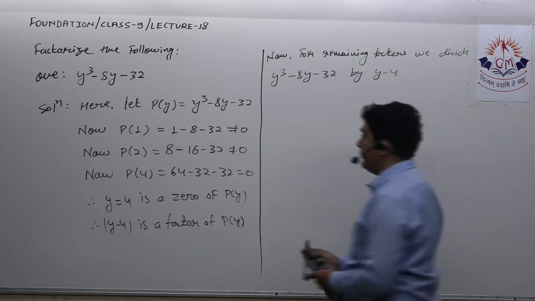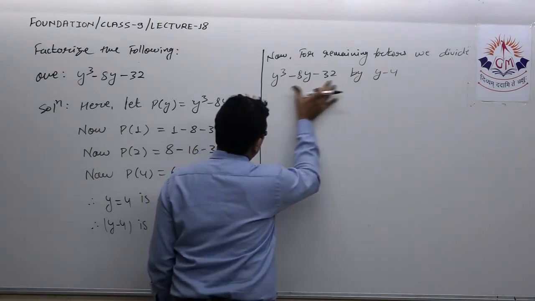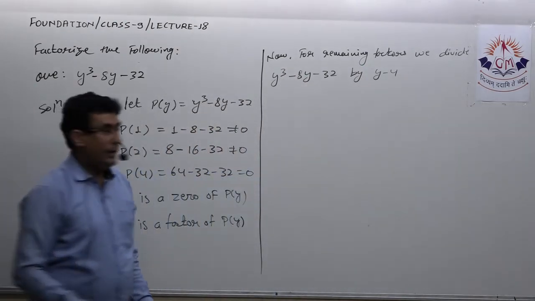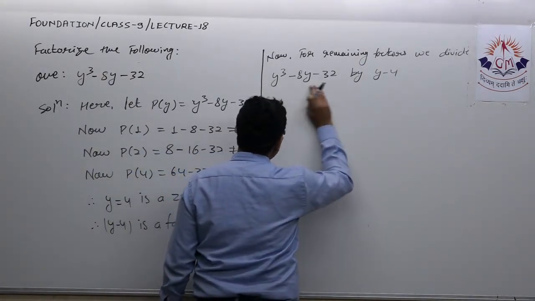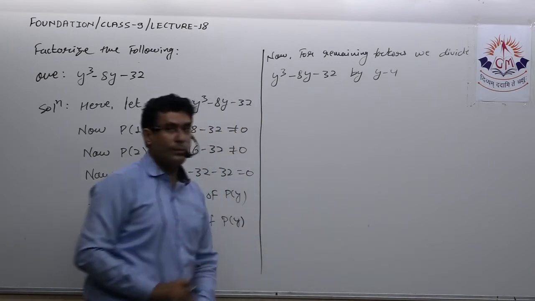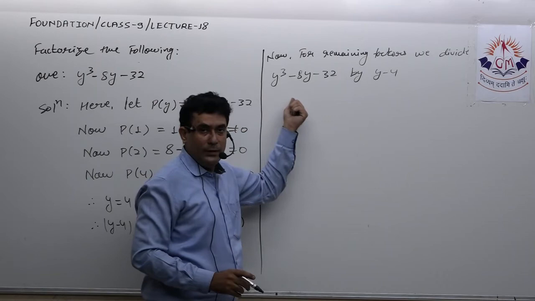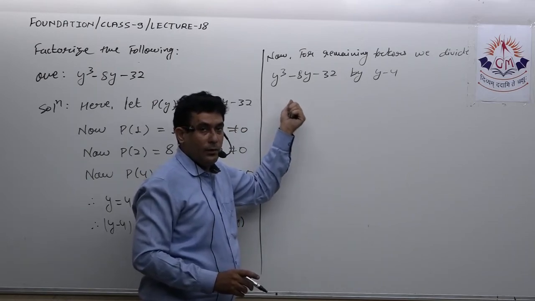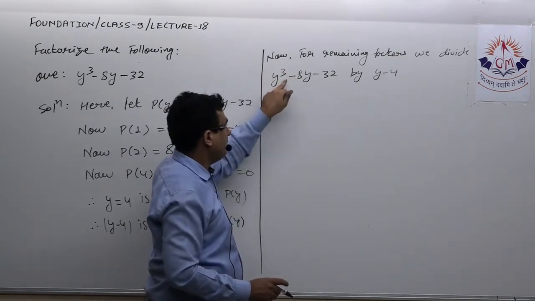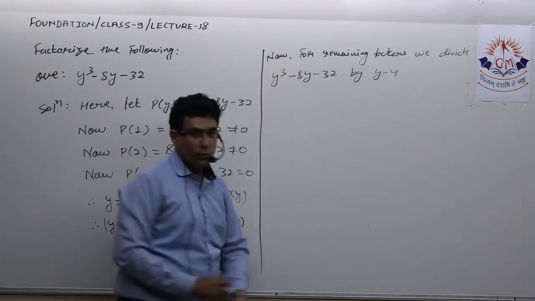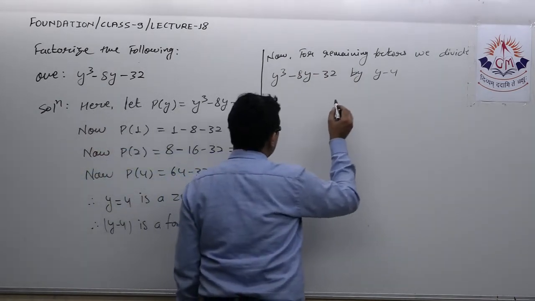Okay, now let us see its division. So we have to divide this polynomial by y minus 4. As we discussed, to divide, the dividend and the divisor both must be in their standard form. In a standard form, there should be all the terms containing all powers of the variable, starting from the maximum. So here we have a term containing power 3, but we do not have a term containing power 2. So we include that with the 0 coefficient.